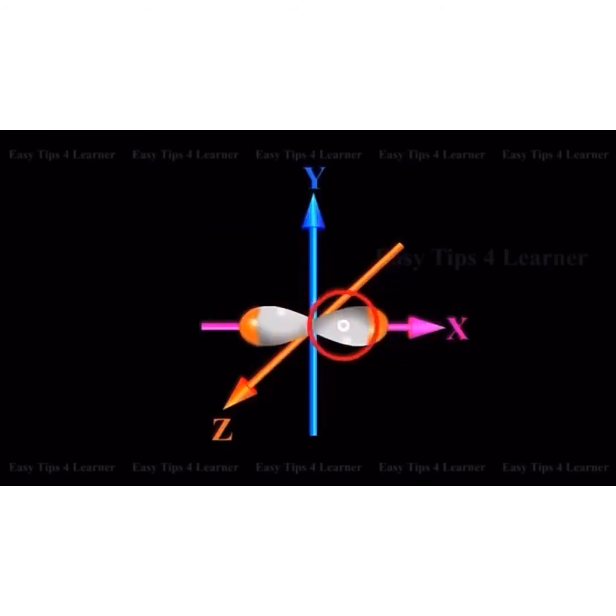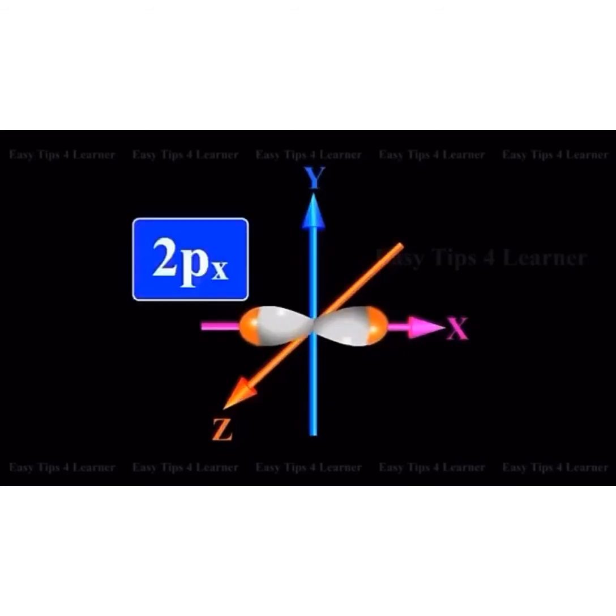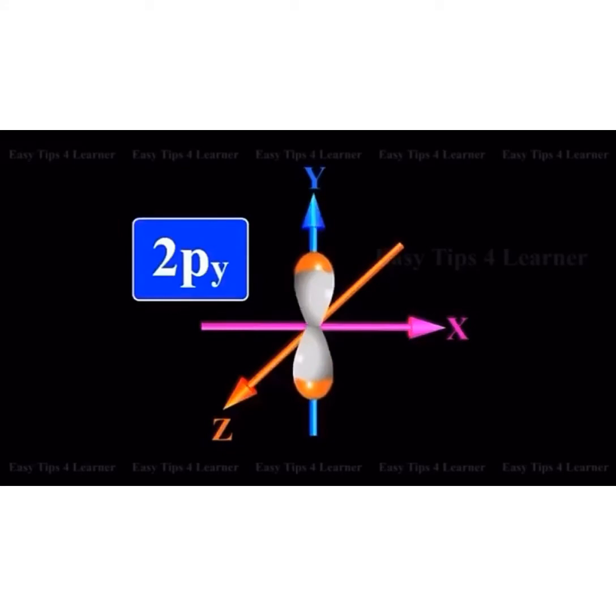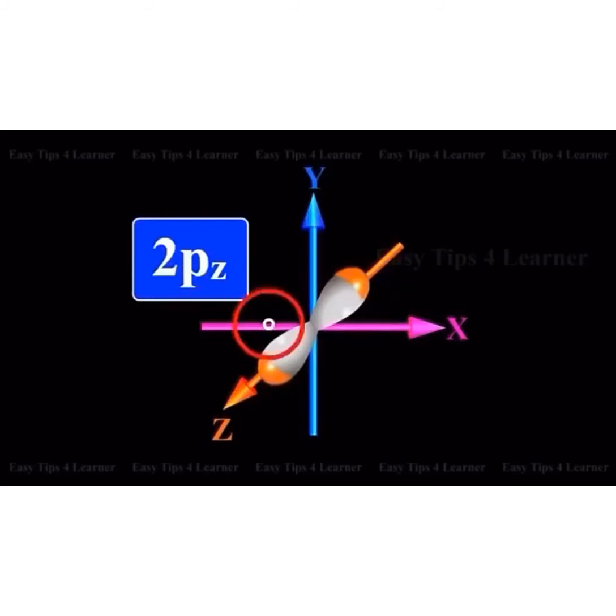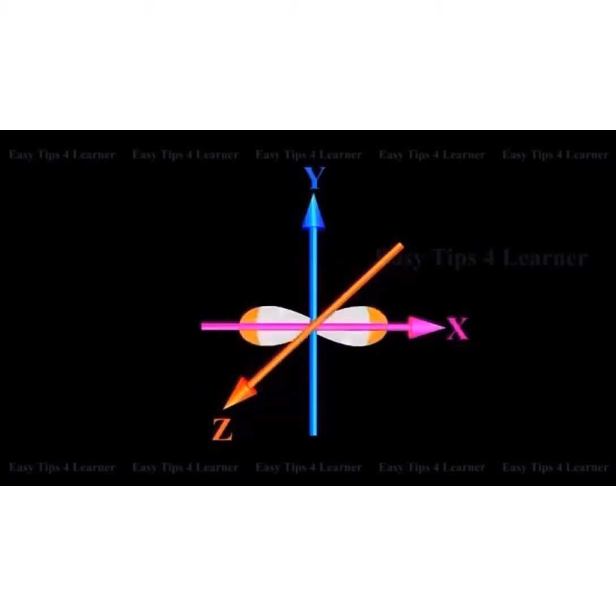Unlike the s orbital, the boundary surface diagrams are not spherical. Instead, each p orbital consists of two sections called lobes that are on either side of the plane that passes through the nucleus. The probability density function is 0 on the plane where the two lobes touch each other. The size, shape, and energy of the three orbitals are identical. They differ, however, in the way the lobes are oriented.